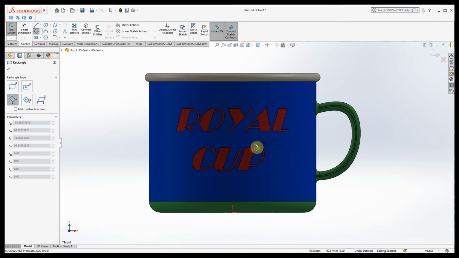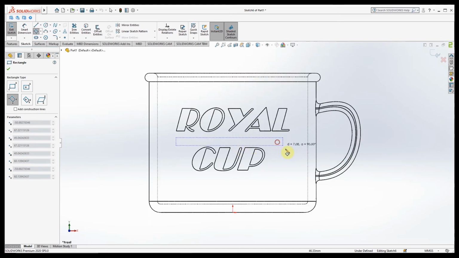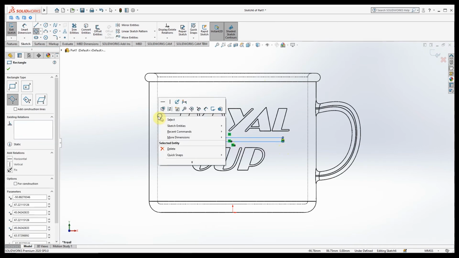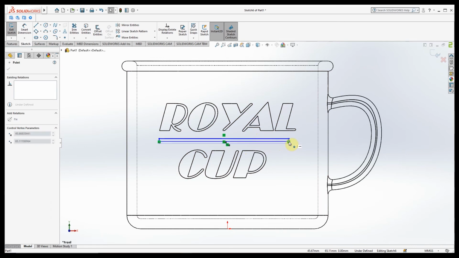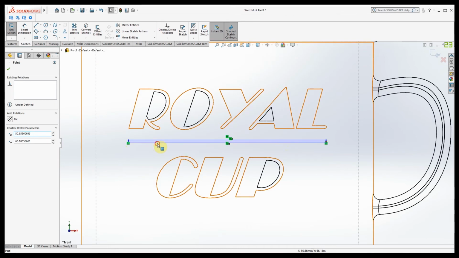Those icons are KeyShot plugins. We will make one line here in between the royal and the cup, so that it looks a little good, making some kind of structure like this.